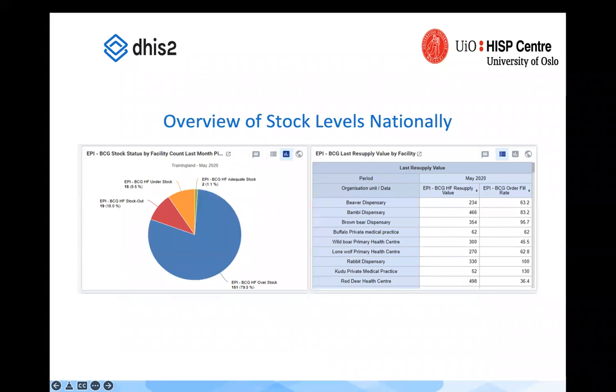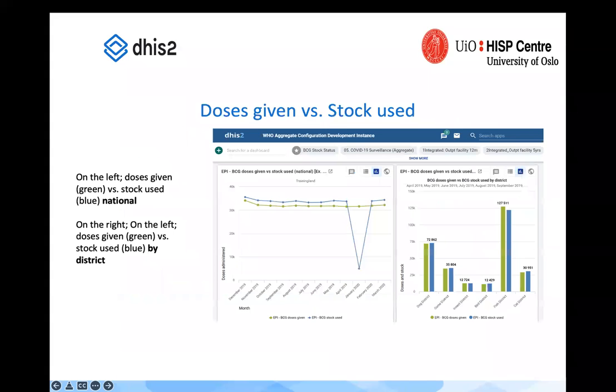And then finally, being able to bring this data together, both stock data and cold chain data, and then analyze that to be able to inform corrective action at the district or facility level, and then for analysis at a central level. If you go on to the next slide, we also have an example of comparing, for example, doses administered versus the amount of stock that has been issued, and see if there's a large discrepancy, if there's some need for either